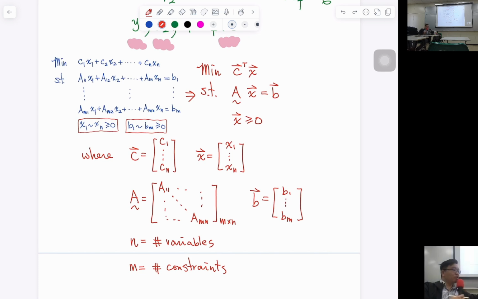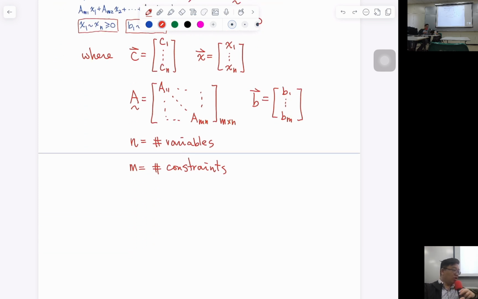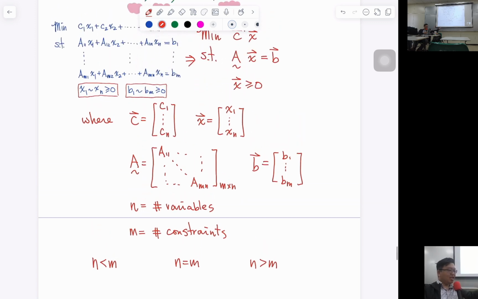Okay, so far it should be quite simple. The only thing is you have never solved a problem like this. Now, there are some rules about the number of equations and the number of variables. So we have three situations: n smaller than m, n equals to m, and n larger than m. So let's think about the easiest case, n equals to m,